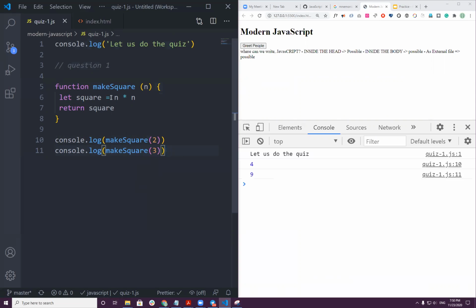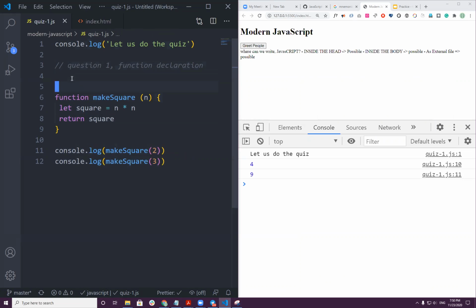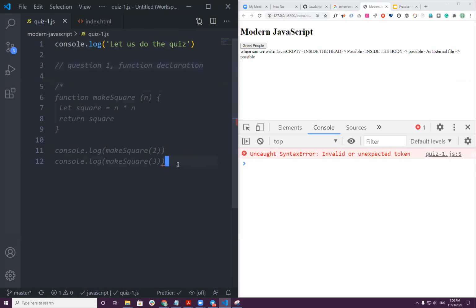Yes. So we call this function declaration. The normal or standard way of declaration. And we can also write this in a different way. First, let me copy and also comment it out. Function expression.